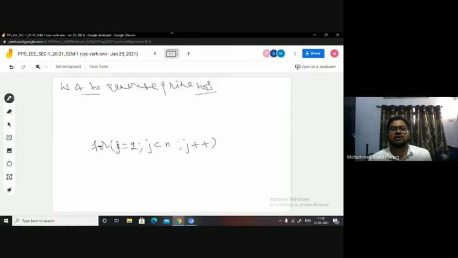J plus plus for all such numbers between 2 till n minus 1. You will be checking, yes or no? You will be checking that whether when you divide the number with all such numbers between 2 till n minus 1, you get a remainder 0. If you get a remainder 0, you had a flag variable actually, initially 0 before you enter into the logic, and you were changing the flag value, yes or no?